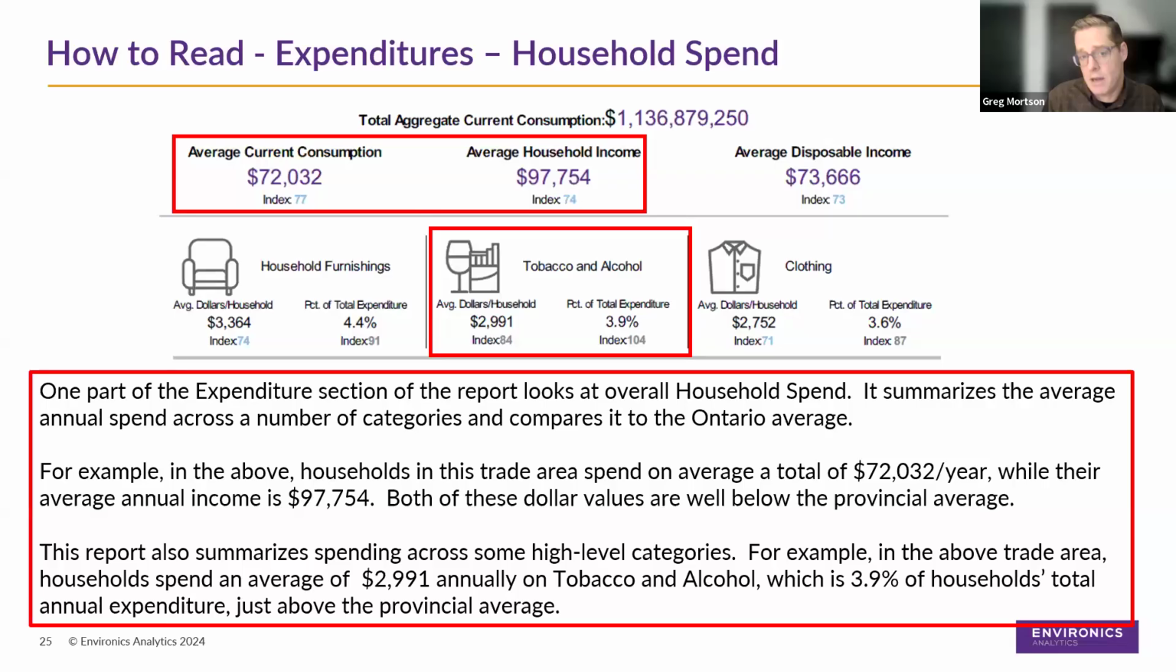You can also see how much the average household earns in a given year, which in this case is 97,754. So both of these, you can see the indexes there. Both of these measures are below the provincial average, but you can start to see what your potential is for people, at least in that immediate trade area that you're servicing, in terms of the dollars spent. And you can also start to look at what different categories they're spending that